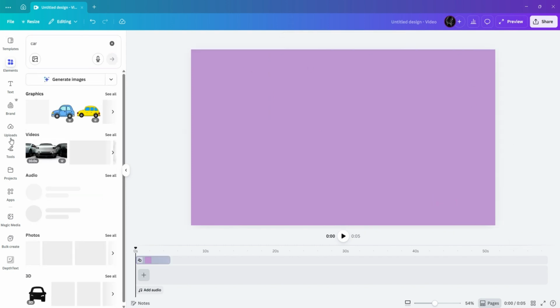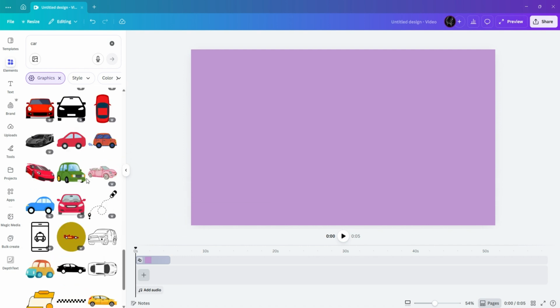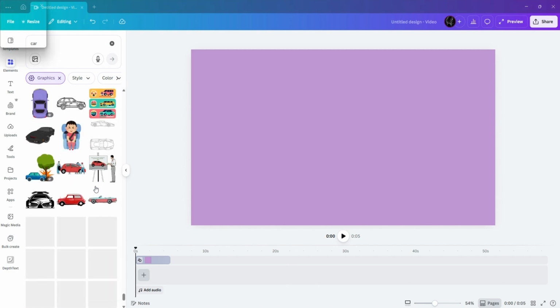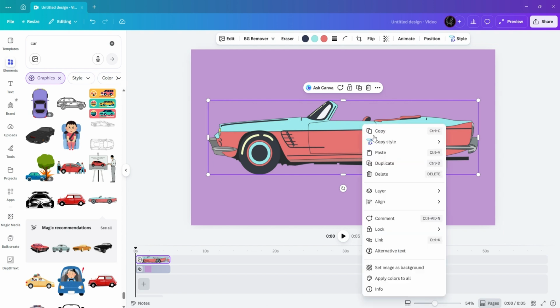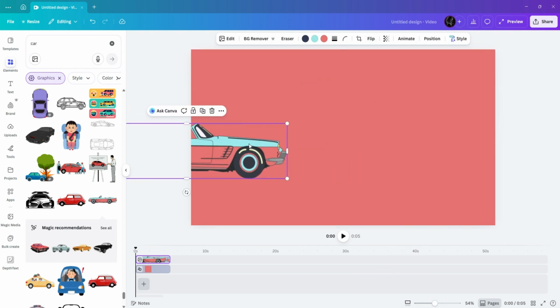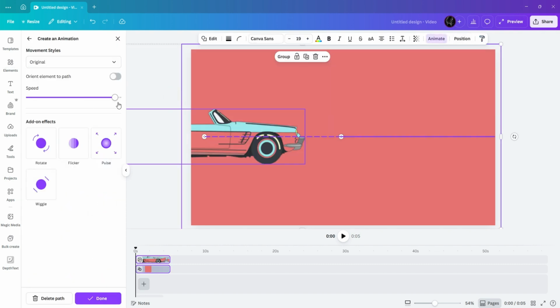I'll drag the corners of the square until it covers the entire canvas to create a solid background. Now I'll go back to the Elements search bar and type in car, then filter the results to graphics. I'll scroll through the options until I find this vintage convertible and add it to my design. I'll use the flip tool to turn the car horizontally so it faces the right side of the screen and